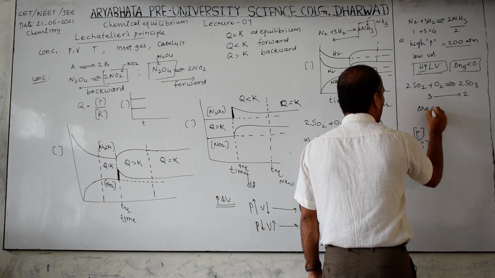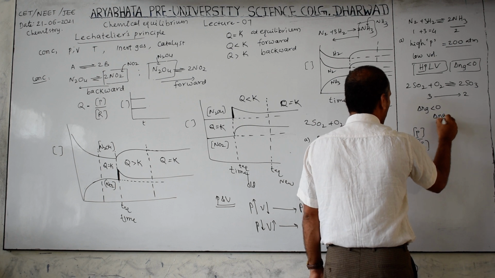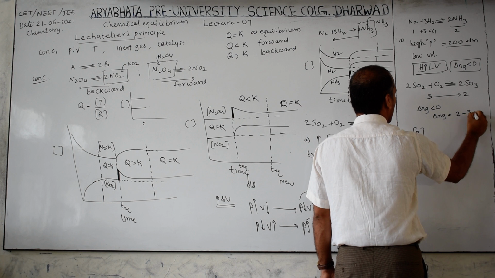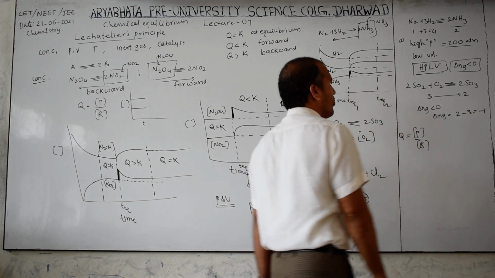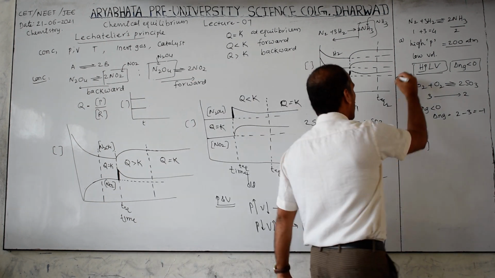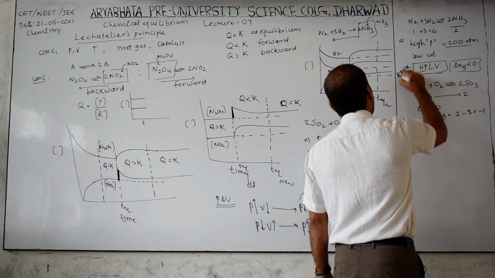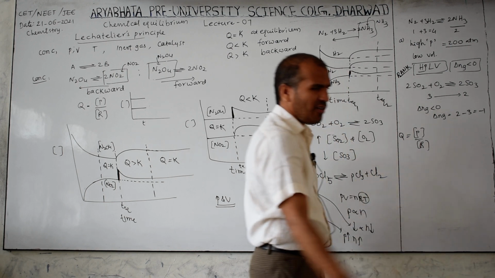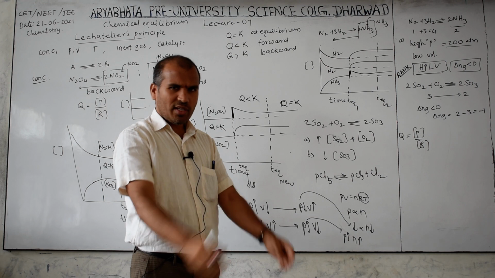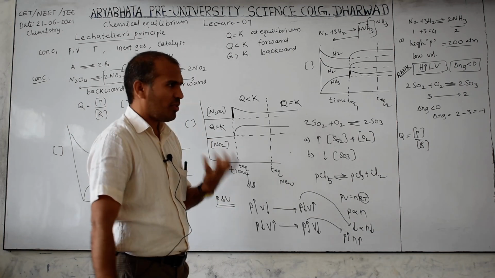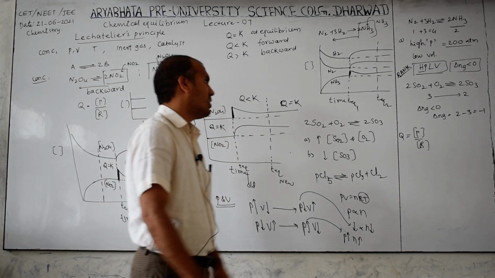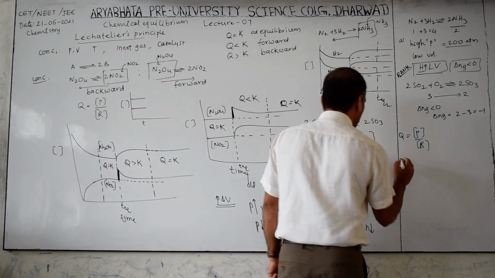What is delta Ng? Delta Ng is equal to the number of moles of product minus the number of moles of reactant. Then it is 2 minus 3, that is minus 1. Therefore, instead of applying this to all cases, remember this rank shortcut. For delta Ng less than 0, HPLV: high pressure required, low volume required for the forward reaction. Why are we discussing only the forward direction? Because we are preparing a compound in the forward direction. Backward we don't want.